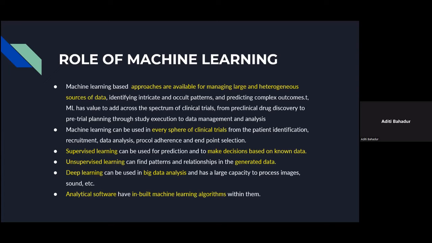For example, if one wants to have a clinical trial for, say, an anti-cancer drug, and they want to predict the dose of the anti-cancer drug, because at each point we will be deciding the dose for the next phase of the trial. So you can use this supervised learning method to predict what would be the next dose for the data of the trial, or make informed decisions based on known data. For example, you can predict side effects or predict how many side effects would happen or what the outcomes are